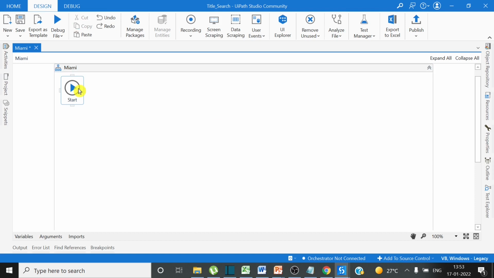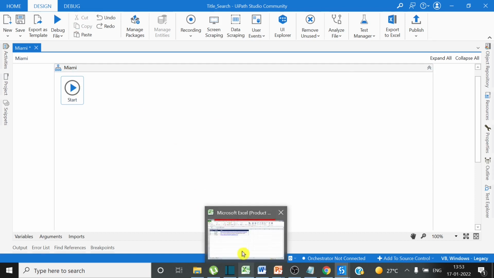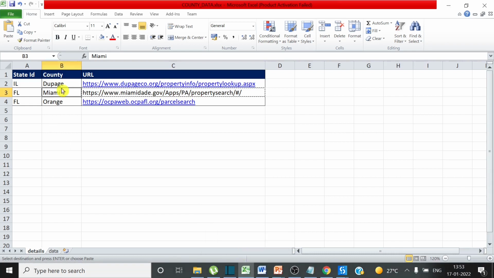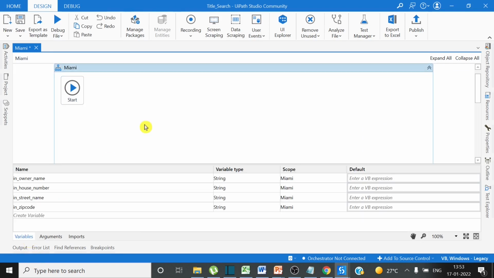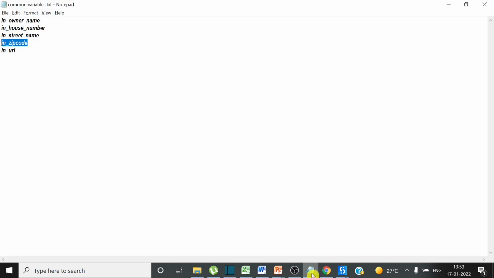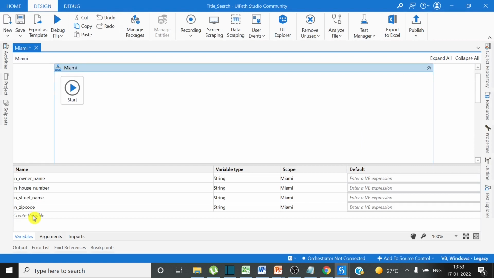All right, now first step is that we have to open the URL. So which URL? So now for Miami, this is the URL. First of all, I have to assign this to the variable. So click on the workflow again, and I think I have missed the URL variable. So here is the URL variable,